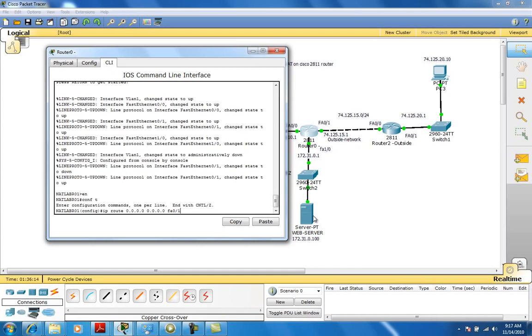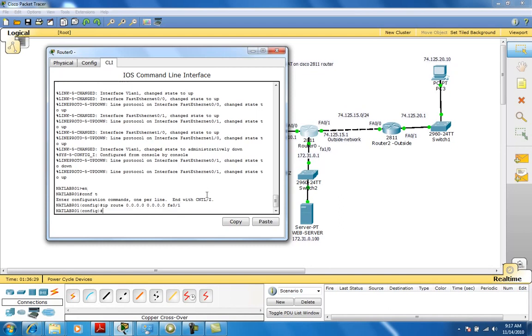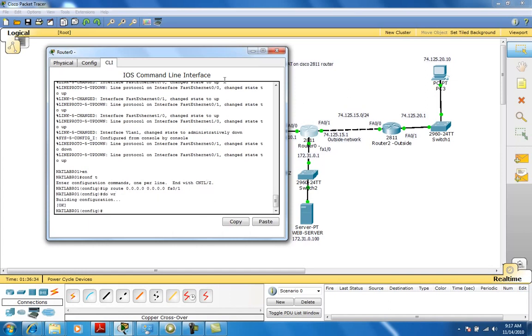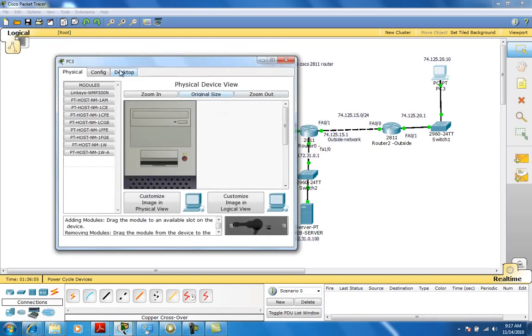However, when the web server drops it back off to its default gateway, which is on router 0, router 0 will not know what to do with it because router 0 would not know how to get to the 74.125.20.0 network. All right, so that's why it's important for us to do it. So now that we have done that, I'd say we save our config. So we made these two configs, put in the NAT statements on router 2, and also put the routing statement on router 2, and we put the default routing statement on router 0 to go back to the internet. So let's go on our internet PC